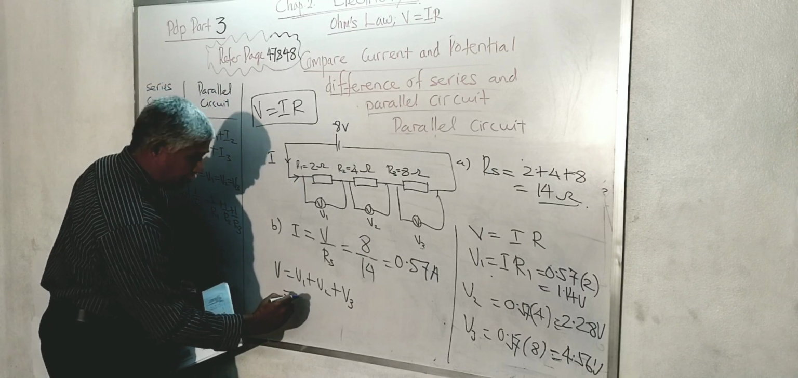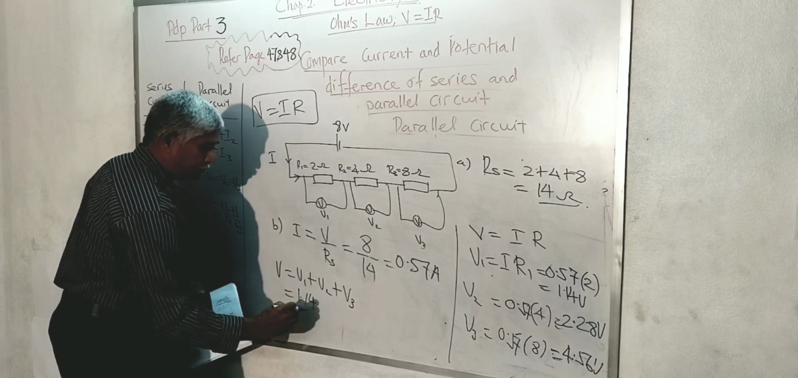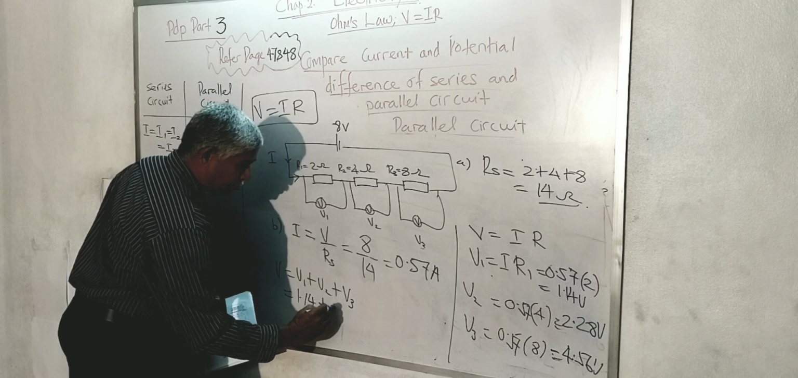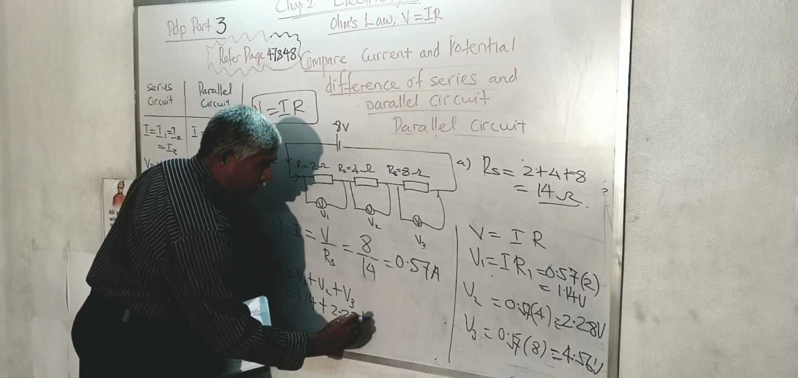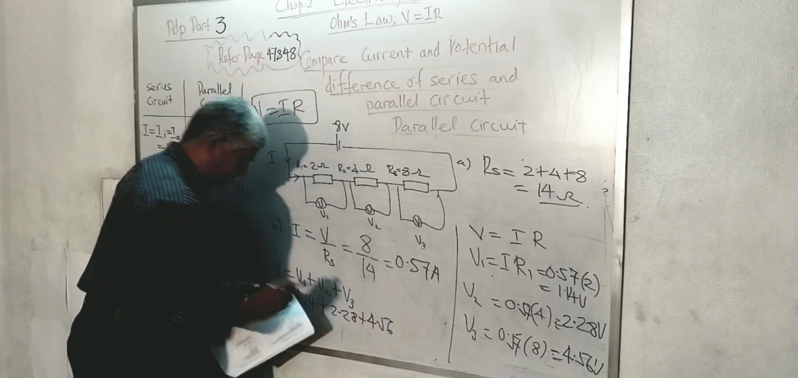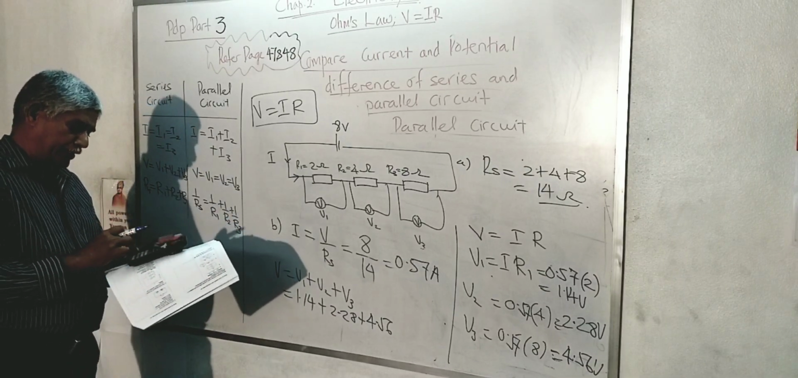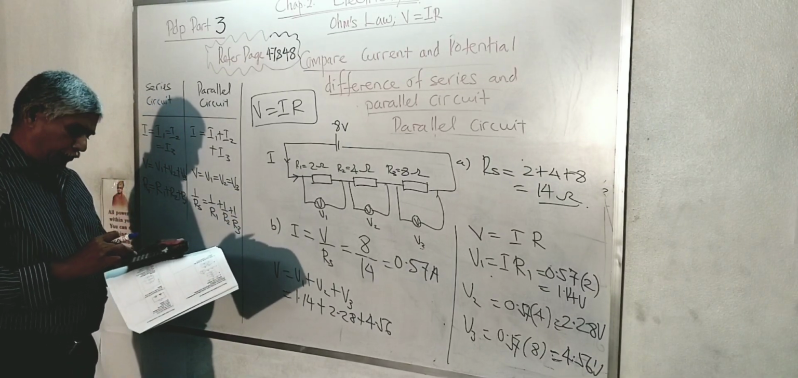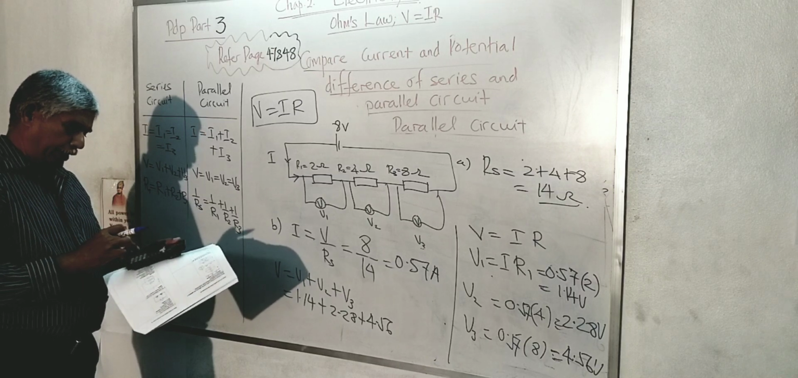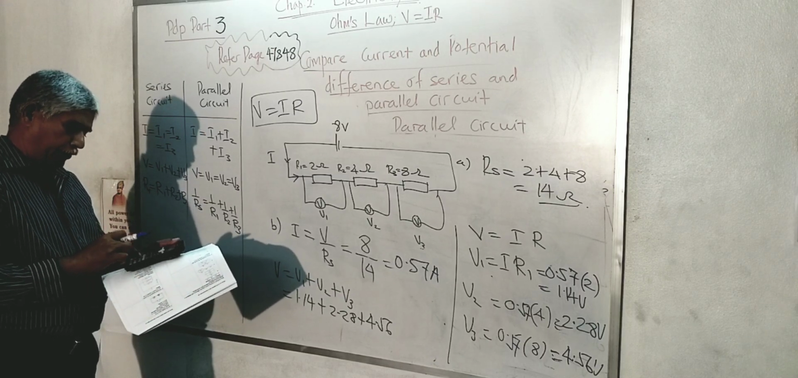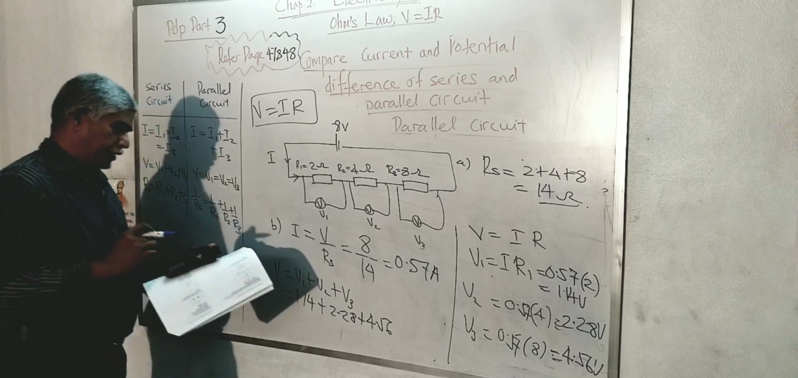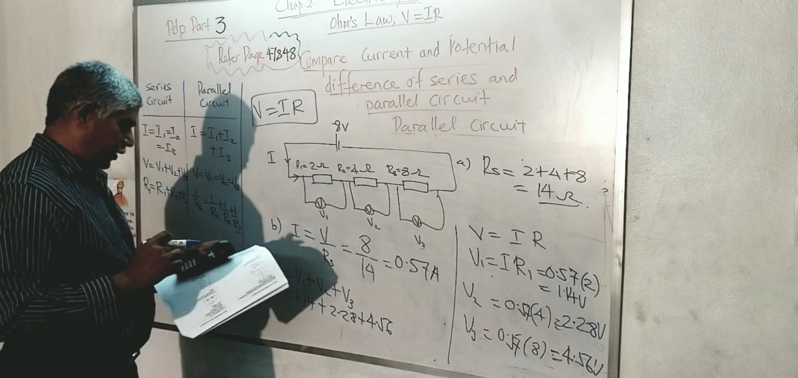So V1 is 1.14 plus 2.28 plus 4.56. If you calculate, of course you won't get exactly 8. 1.14 plus 2.28 plus 4.56. So you get 7.1,